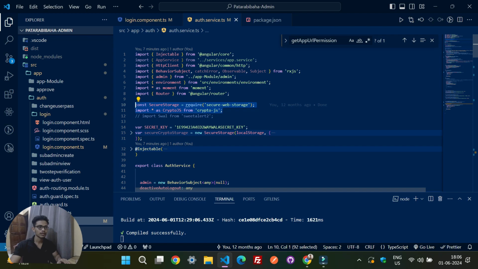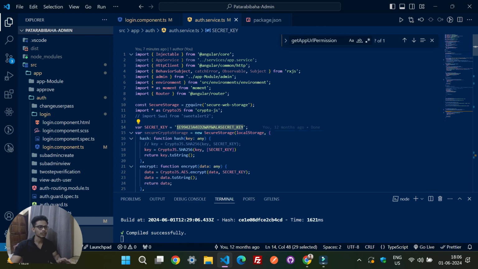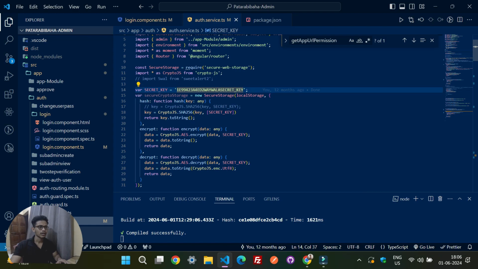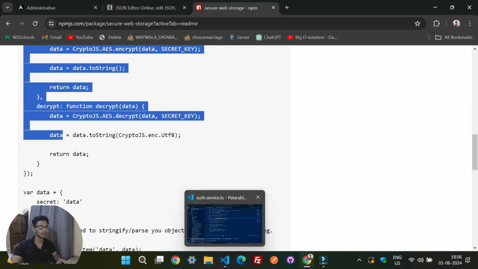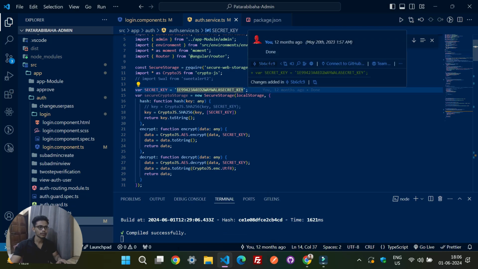If you have already installed these packages using npm i, simply import them like this. After importing, you can give your secret key. You can give any encrypted secure key like this one, and here I am copying the code snippet from the documentation page.